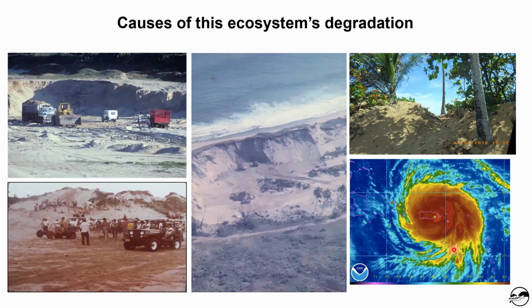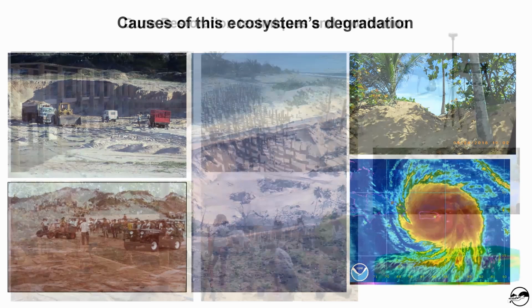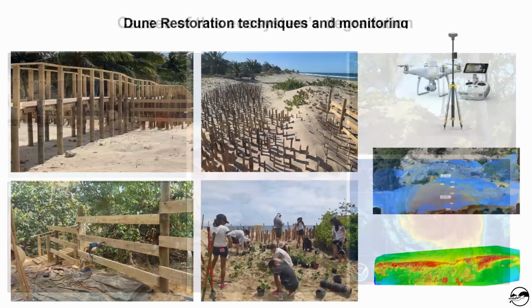And most recently also the hurricane, like Hurricane Maria, all these just sum up and have created and deteriorated these ecosystems to the point where they need to be restored, and that's where we come into play. So these are just some examples of the practices that we have ongoing when it comes to the Dune Restoration